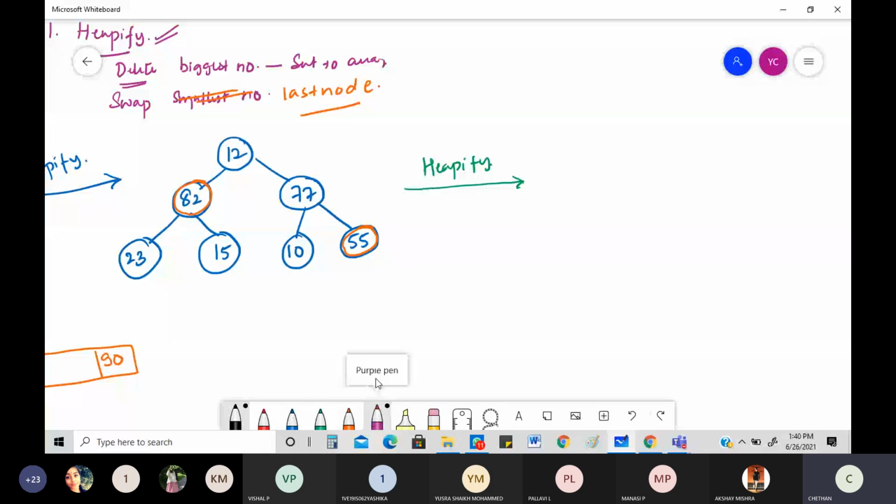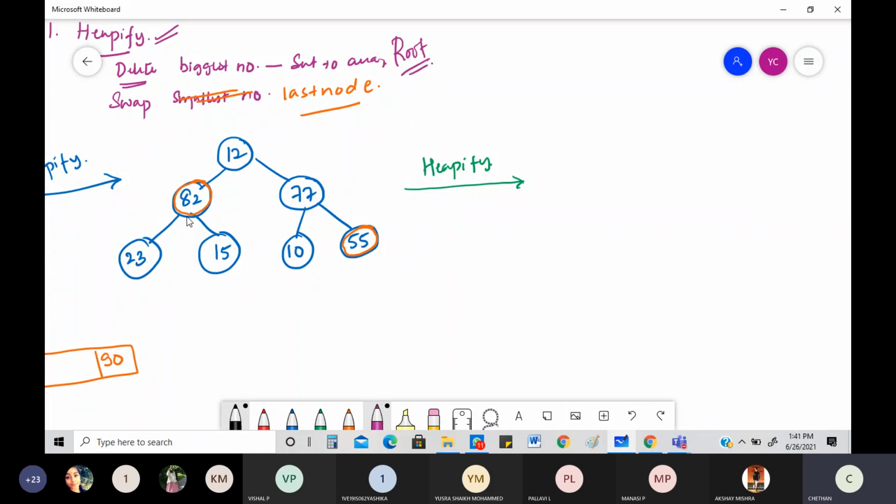If you do that, be careful here, 12 will remain like that only. But there is something you have to keep in mind. Every time we did the heapification, now this is not the heap. Some people get that doubt, right? This is not the maximum heap. How can you change? Of course, it is not a heap. So you can't change from here to here. You should always change the one that is at the root.